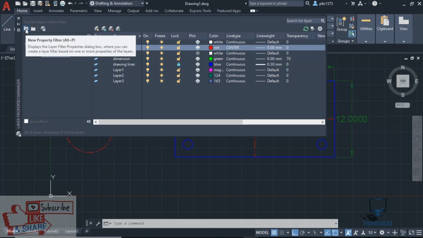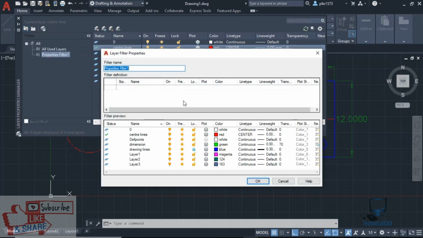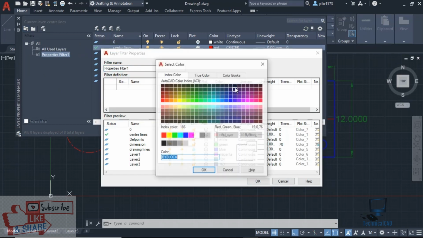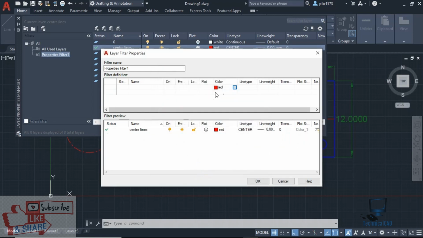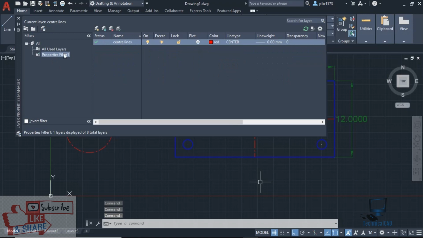Go for new property filter. Based on the color property, I am going to filter. Select this one, and now red color. If I filter, whatever has that color property will be filtered, and okay. So in properties filter we will get only the red color filter.